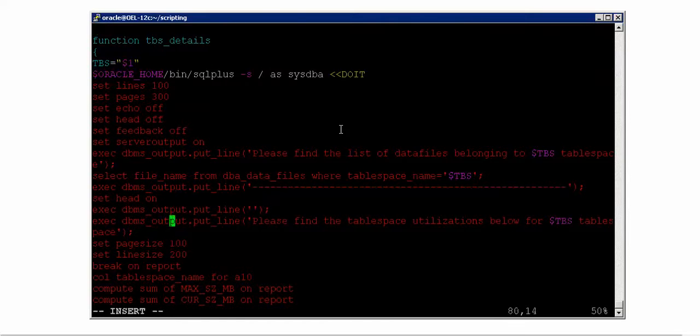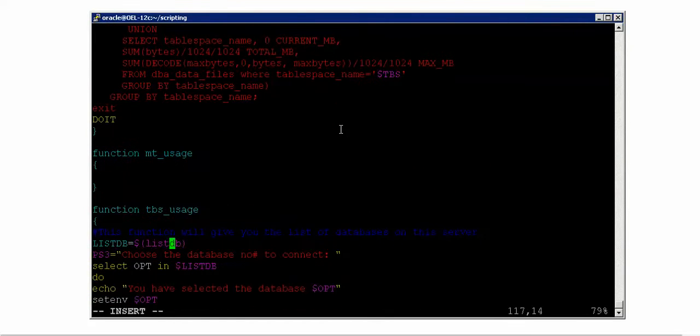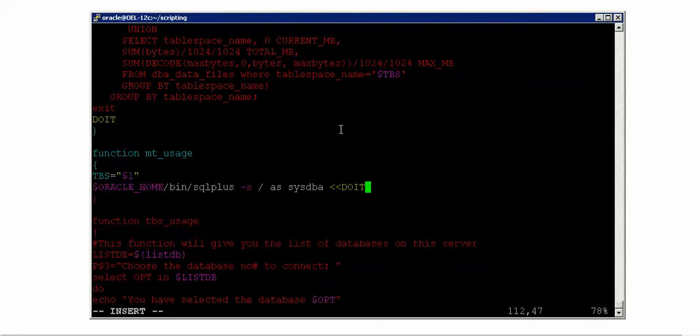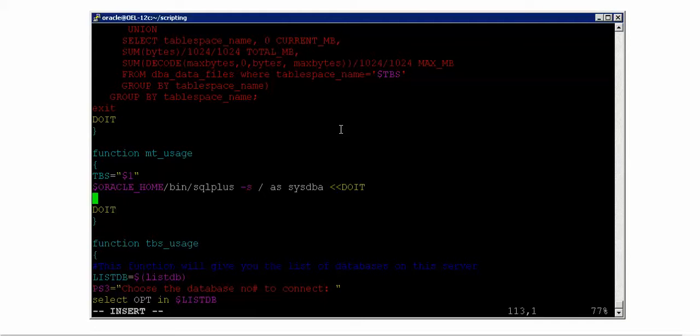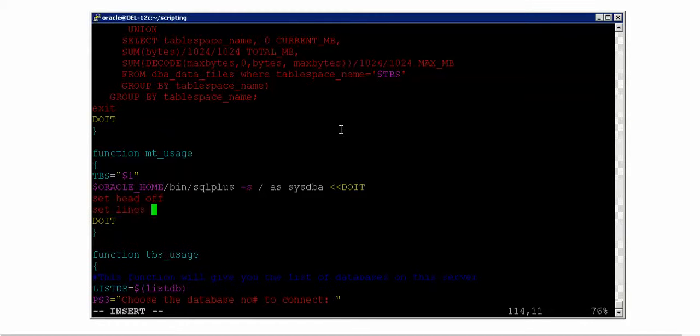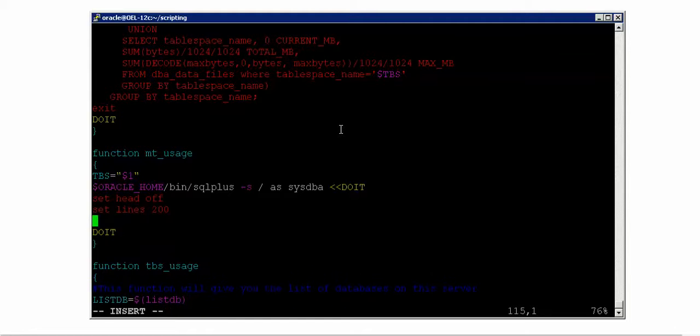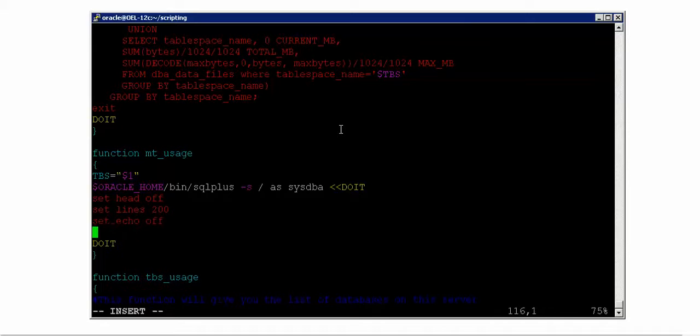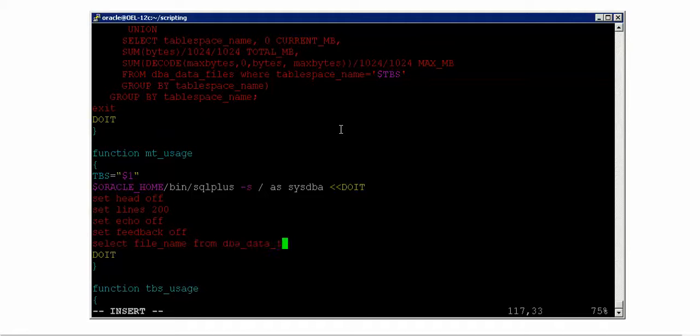Let me copy this and paste it out here, and then I should say again do it, and then I should start writing set head off, set lines 200 or it can be anything, and then set head off, and then echo off, set feedback off, and then you say select file_name from dba_data_files where tablespace_name is equal to $tbs.